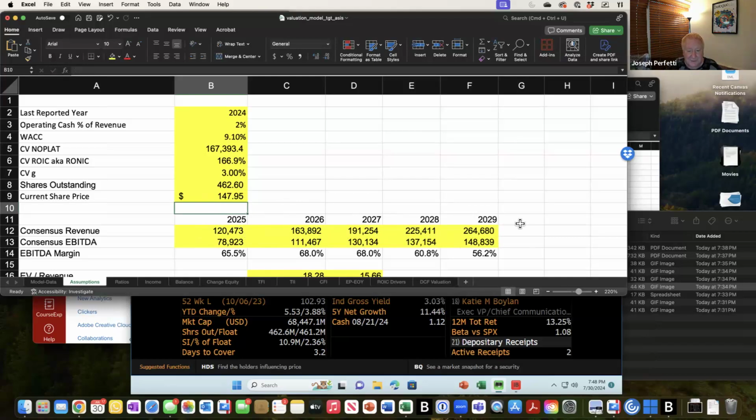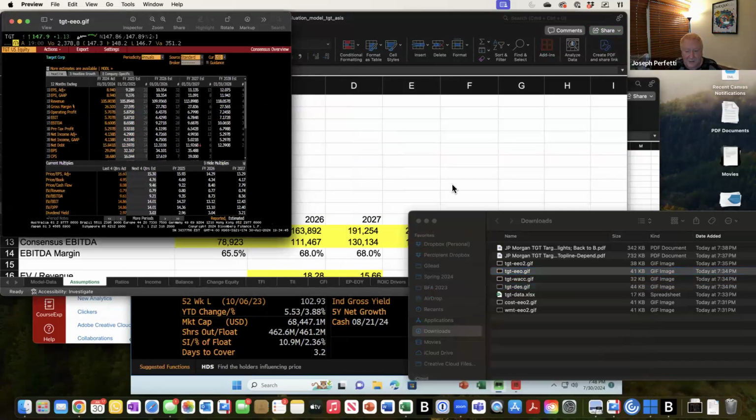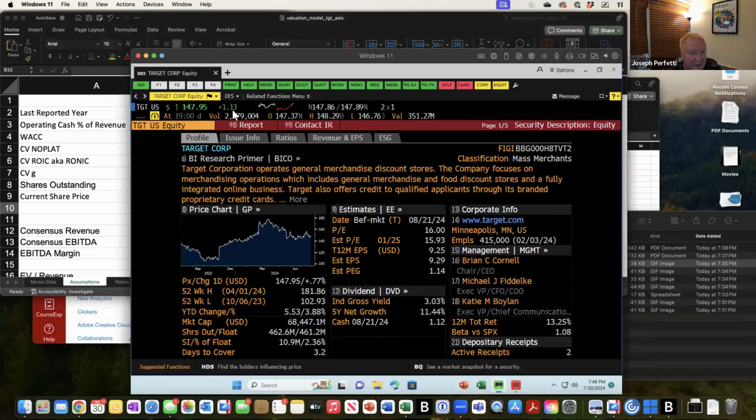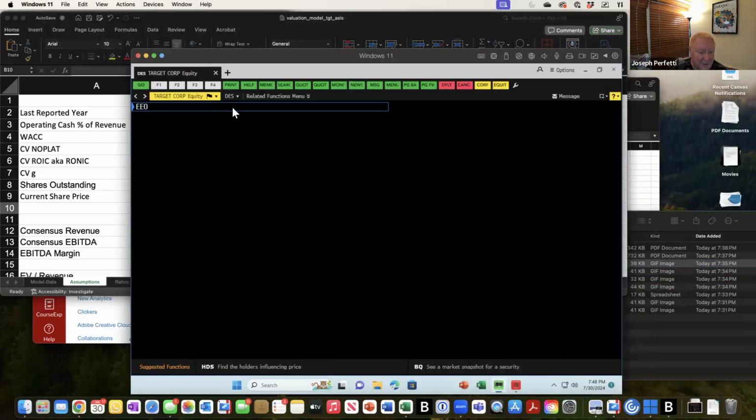I need to put that in for Target. Okay. So I gave you two screenshots, EEO, which are the first 4 years, and I did one EEO2, which adds year number 5 right there. Okay. Now I'm just going to pull them from Bloomberg. Same screenshot I just took, just make it a little bit easier for myself. So EEO, starting out with